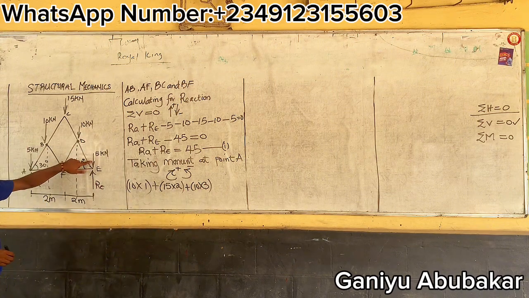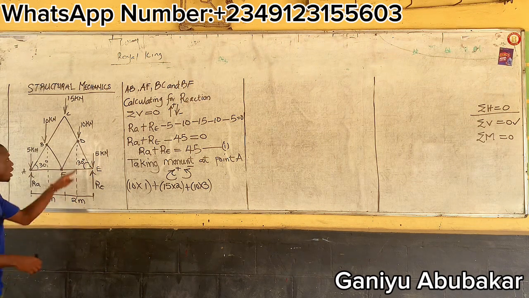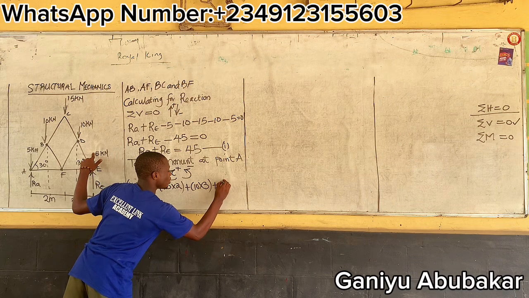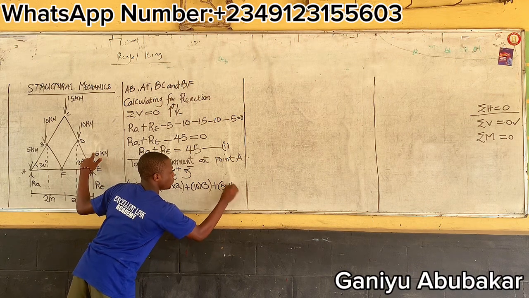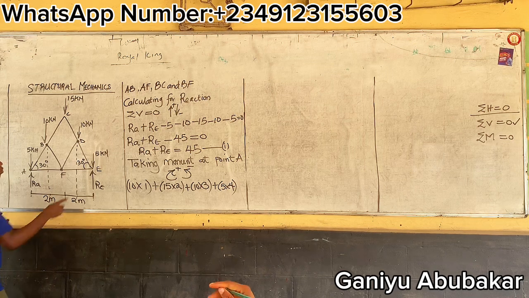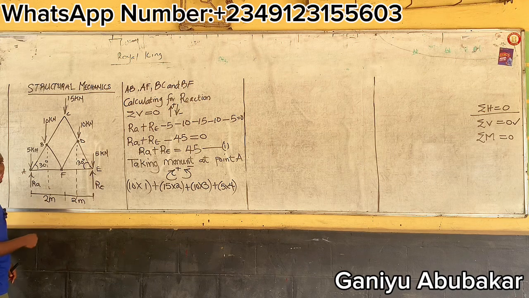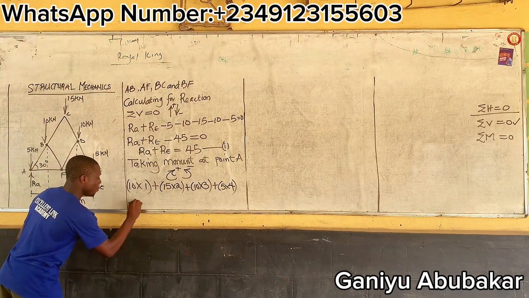Pick up this one, going this way. From here to here is 4, so that becomes plus 5 times 4, because it's going in a clockwise direction. Mind you, I'm not done yet. Now look at this RE. Take RE this way, negative direction. That becomes minus